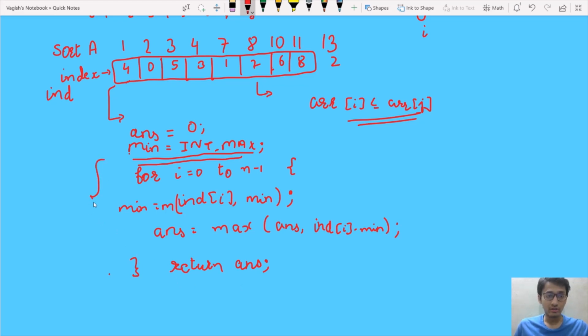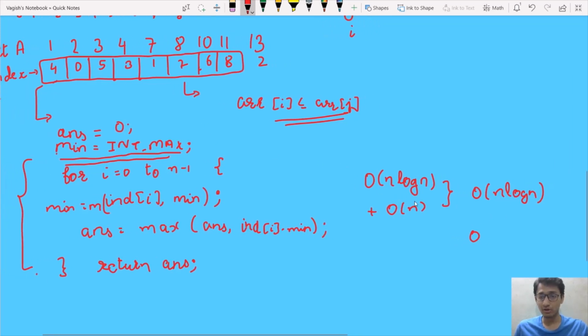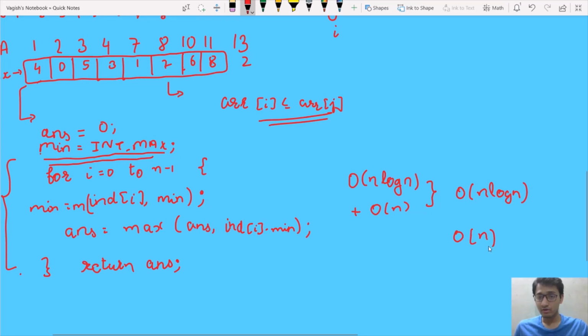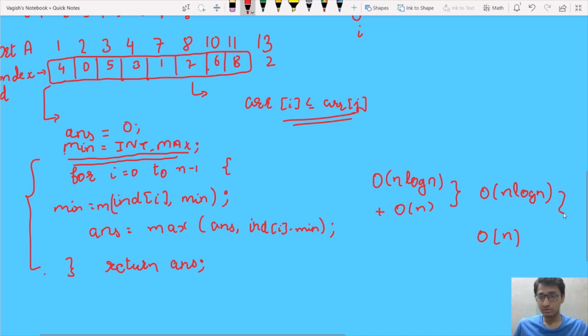So guys, we have solved this problem. So now let us discuss the time complexity that we have achieved. So the time complexity for sorting this array was n log n, and after that for finding our answer we did an iteration. So overall complexity of our problem was O of n log n, and space complexity of our approach was O of n to form this index array. So this solution is quite acceptable.